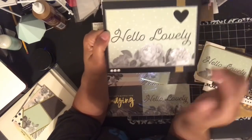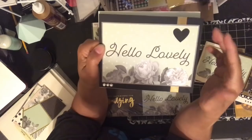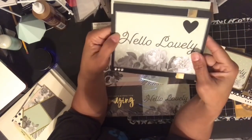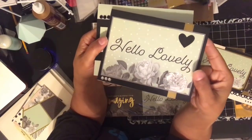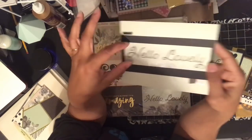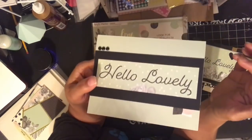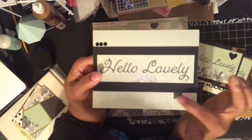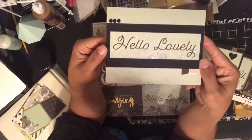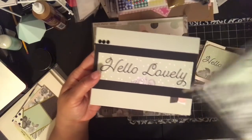This one, just some bling here. That heart is from a Project Life die set, the heart, and then I just matted this on some gray and put a little gold in the background and black on the background. And then this one, I just cut it out and cut it down and then matted it, put some bling there, put it on some solid green, and this little piece right here, that die cut is from the Project Life die cut set as well. So very simple cards, but different designs